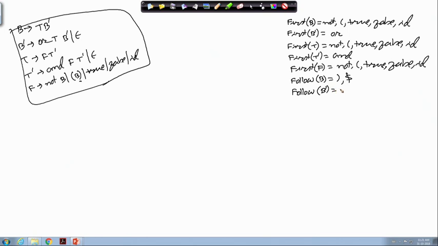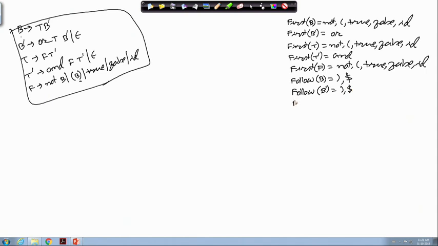If you have this rule B producing T B dash, then by the second rule we know that whatever is in follow of B will be in follow of B dash. Follow of B has got close parenthesis and dollar, so this will also have close parenthesis and dollar.